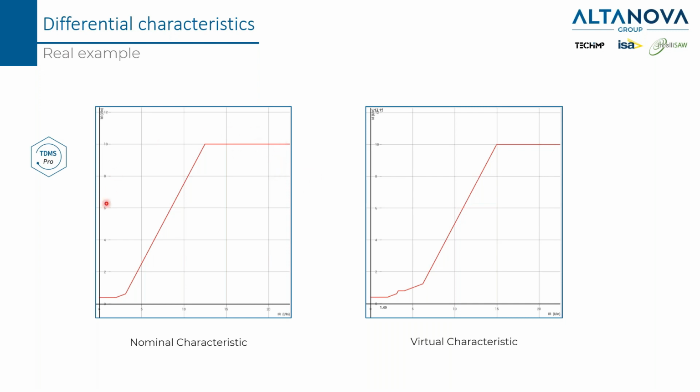So this is an example of nominal characteristic, but if I select that I want to simulate faults on, let's say, the high voltage side, and at the end of the calculation the differential current is one, the double of the others, then what you will get is a virtual characteristic. So it's not strange that in some situations in the software you will see something that you do not expect. If this happens, I repeat once again, it is normal and is due to the reason we explained before.